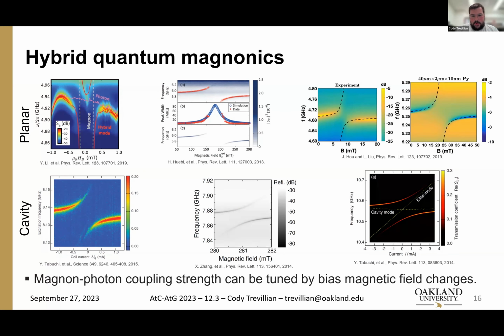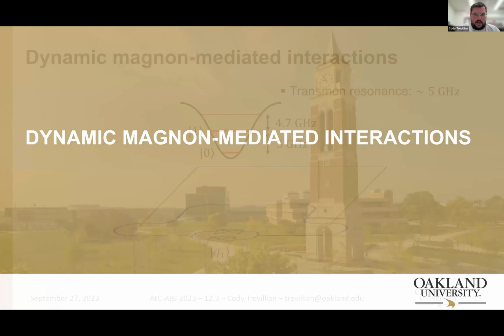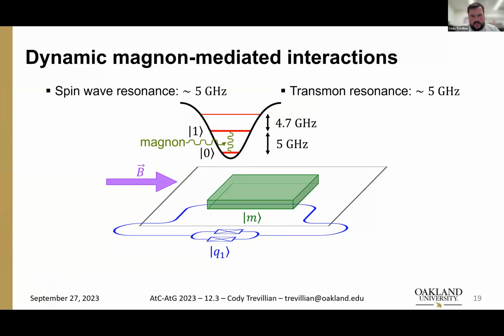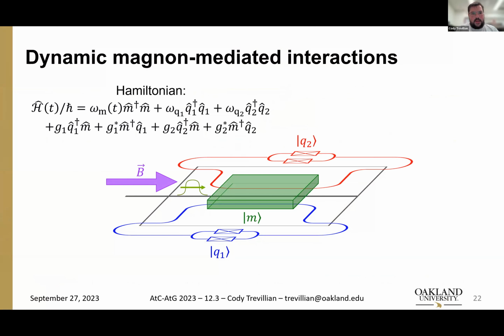What I propose is a dynamic level of control, so-called dynamic magnon-mediated interactions, where our transmon resonance is 5 gigahertz. We put in a magnetic element, and using some sort of control line, we can dictate when and how the two systems are coupled. Because I'm talking about 2 qubits, I'll add a second qubit to this model here,